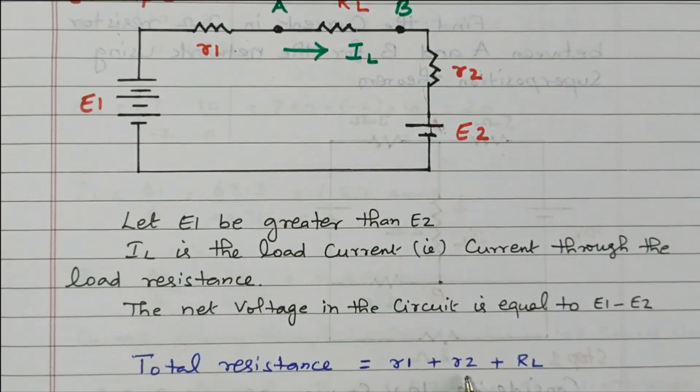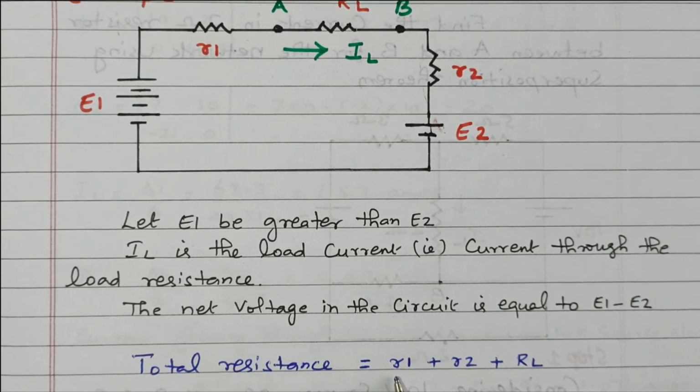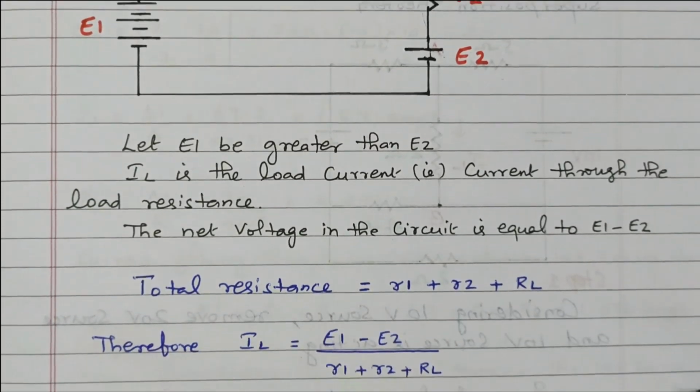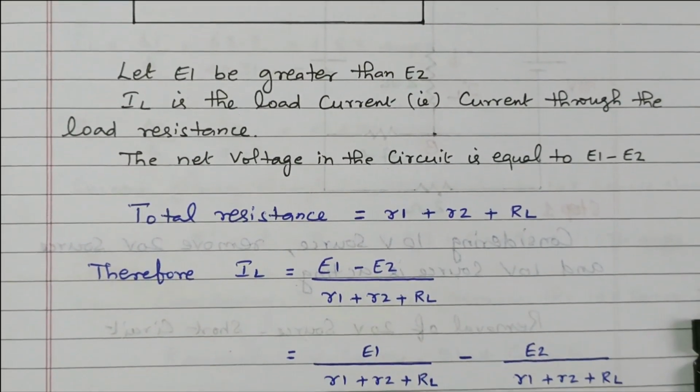So R1 plus R2 plus RL, right? So the voltage is E1 minus E2. The resistance is R1 plus R2 plus RL based on the circuit. Now we'll go for the further calculation, right? So based on that, what is the